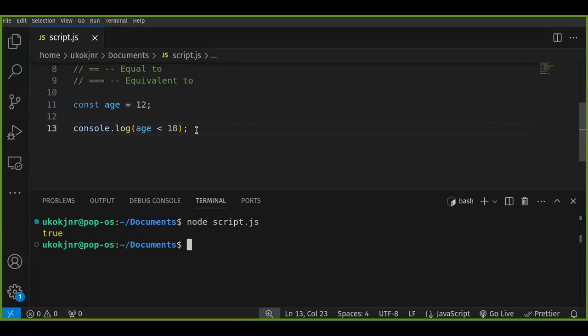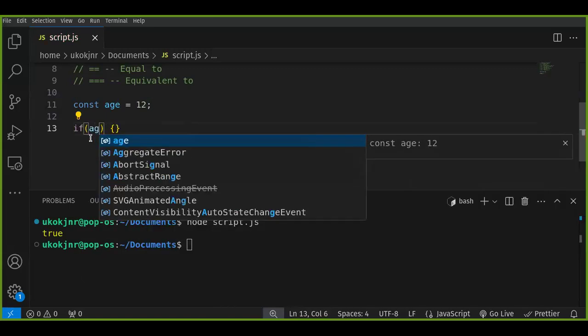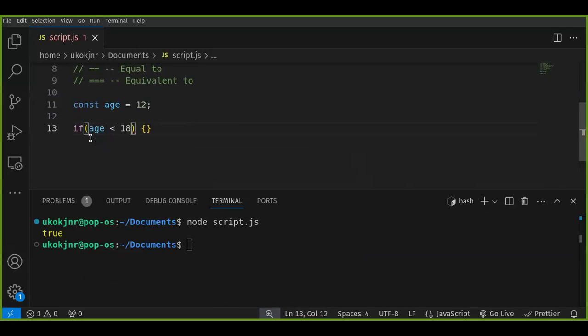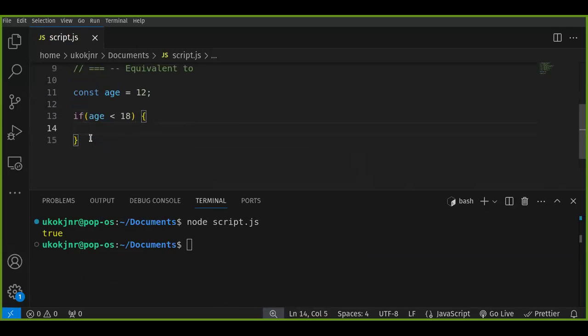You want to be able to say, if the person is less than 18, we should log out that you're not an adult, or you're not allowed to do this or access this information. So that's where you have conditional statements. You can say, if the person's age is less than 18, then you tell the person